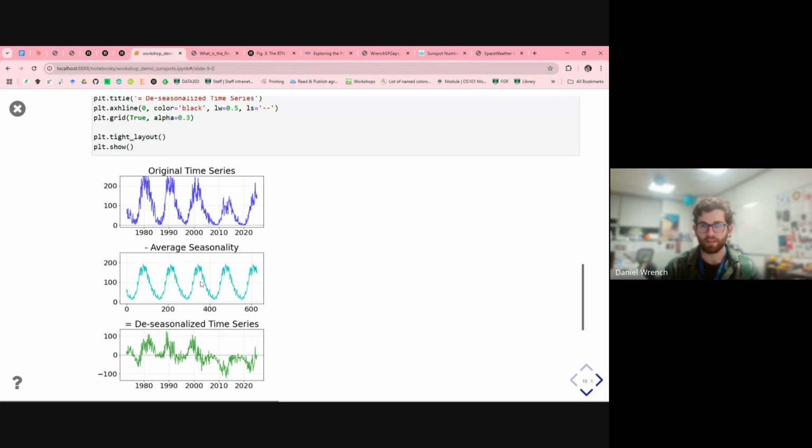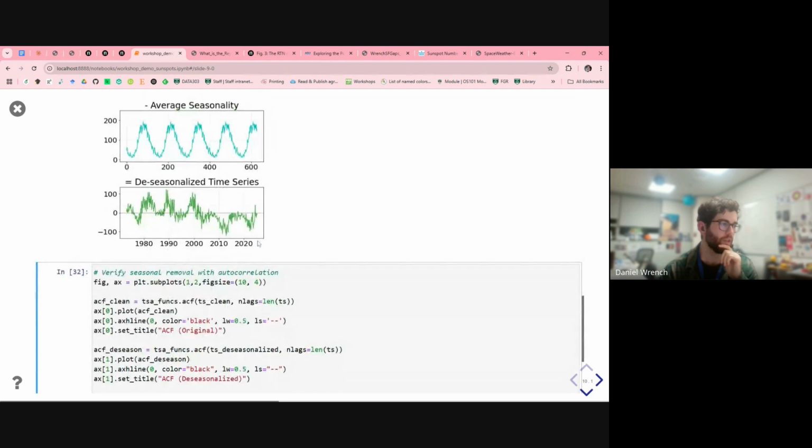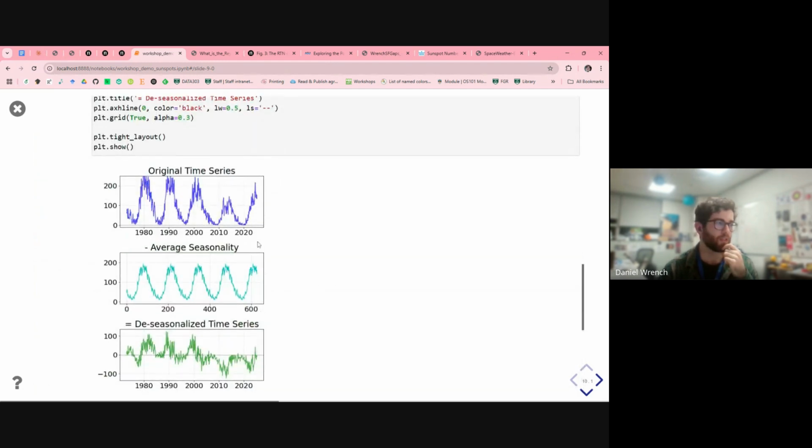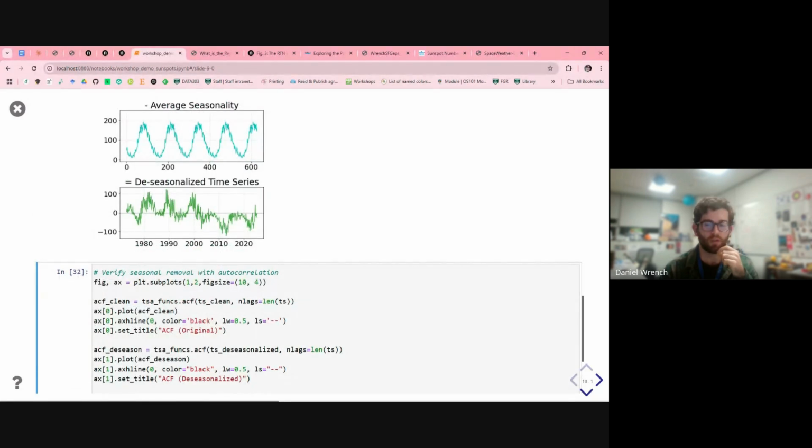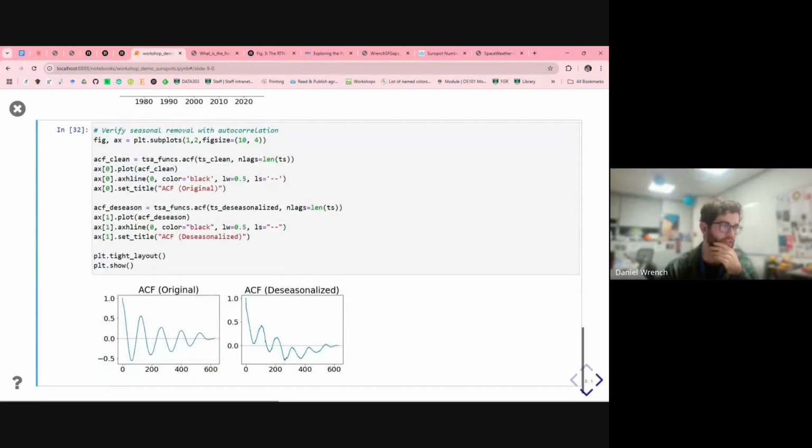So even though it hasn't accounted for all the seasonality, it's still useful in really emphasizing which peaks were much larger than average and which peaks were much smaller than average. And really highlighting that 2010 to 2020 cycle was a lot weaker. So that's a way of getting some useful information just by doing very simple subtraction of your average seasonality and seeing the effect that has, which won't always remove it completely, but it's still informative.